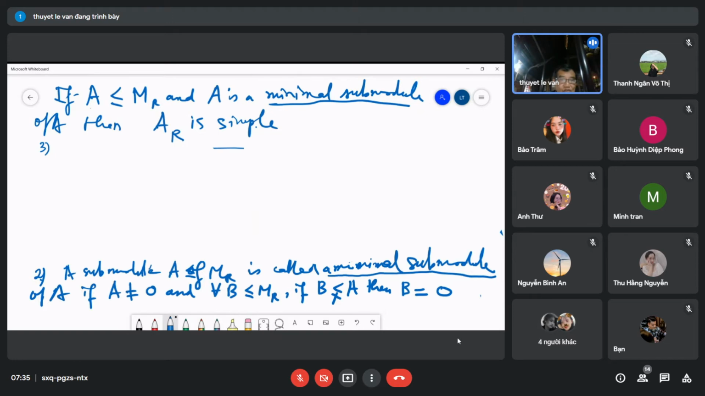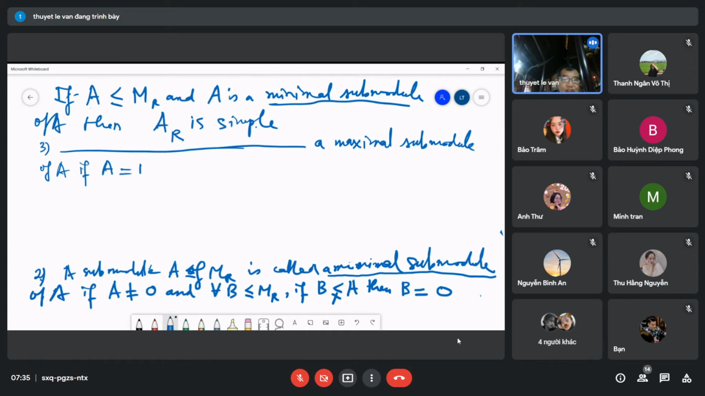Maximum. Okay, I will say that a submodule A of M is called a maximum submodule if A is not equal to M. Maximum means that A is not equal to M. And for every B in M_R,